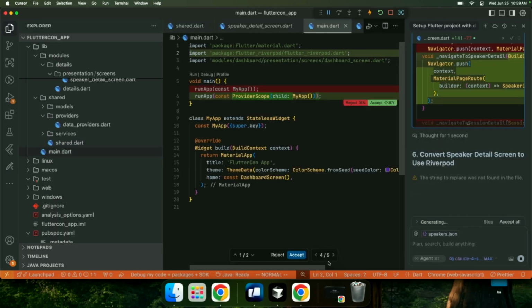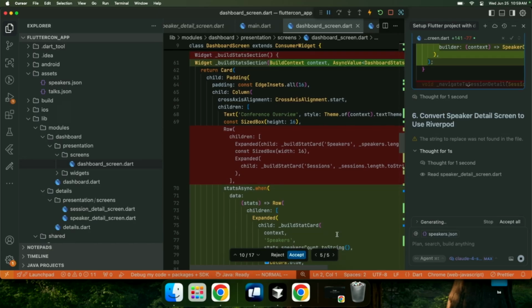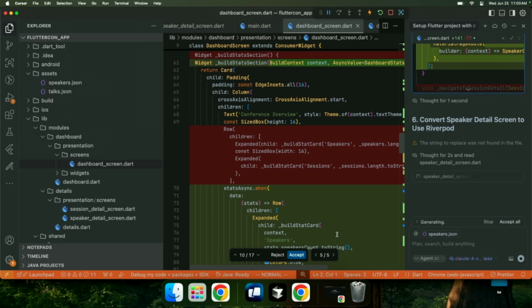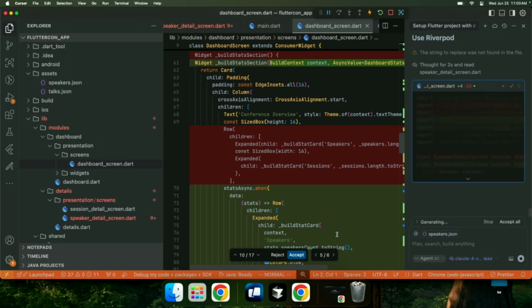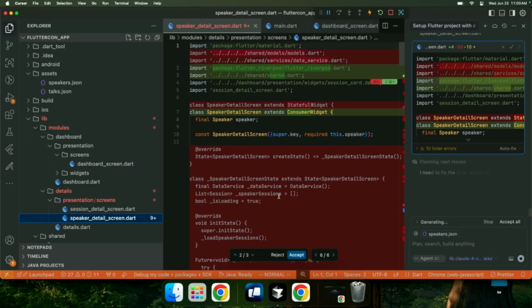Exporting some stuff, it's adding a provider scope. So this is some very typical Riverpod code that you would write, and it has a deep understanding of Riverpod. I would like to say because we gave it the correct context, but I think in this case, it just knows about Riverpod because it has a lot of training data on it. So it's probably pretty smart.